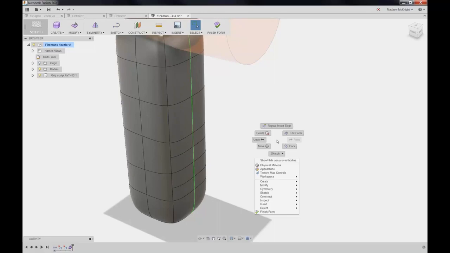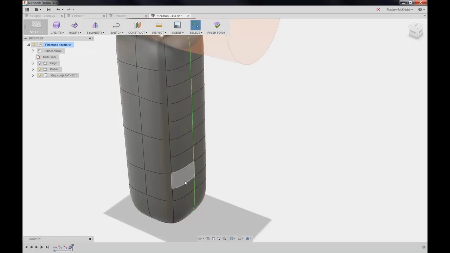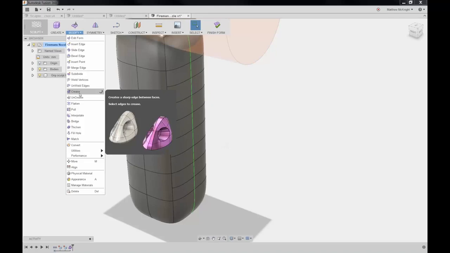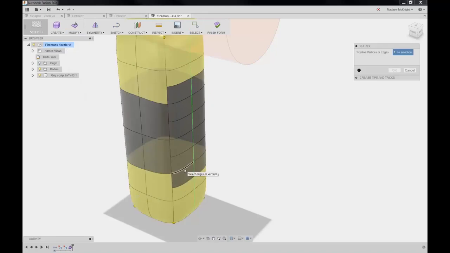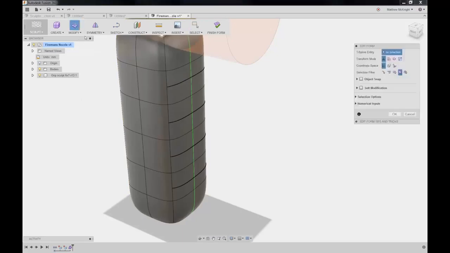If we want to repeat the command, just right click and drag up, which is repeat insert edge, and then I can click the other edge that I want to add and go OK. So quite quickly and easily we've added additional edges in this case. Let's go back and add our crease, which is here. So it creates a sharp edge, and we can select how many do we want? We'll choose 1, 2, 3, 4 sharp edges and go OK. And we can now use these by dragging them out. So if I click on this edge, this edge, this edge, this edge, and drag that up, you'll see that